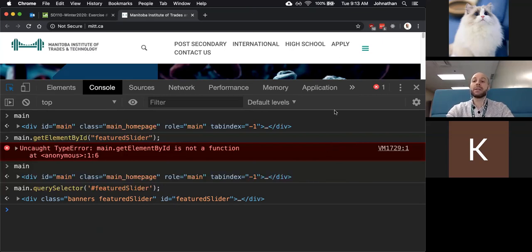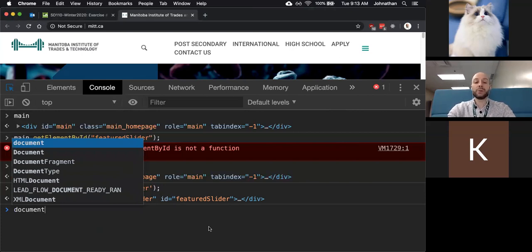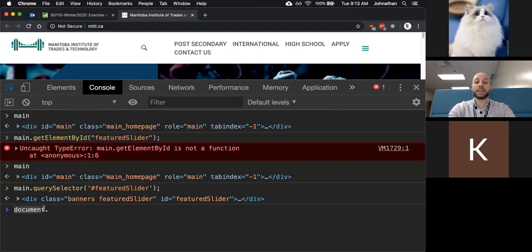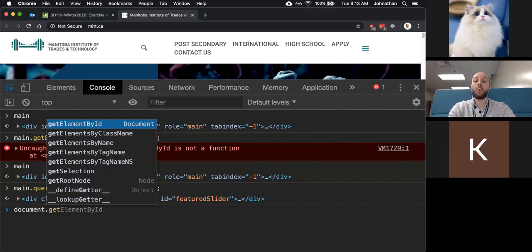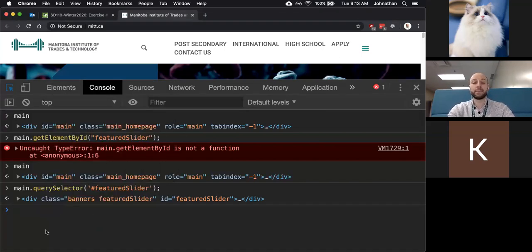Correct. So the question is by Ray: getElementById only works on document. Yeah, so I can only use it if I have document dot in front of it. That's the only time I can use getElementById, so it works on the entire page. And querySelector works either on document dot